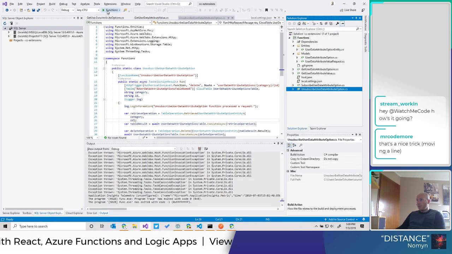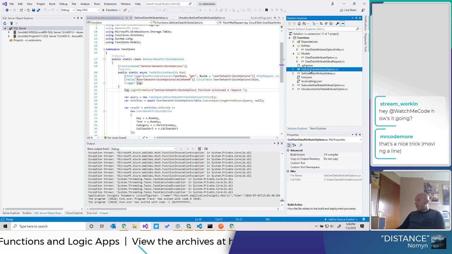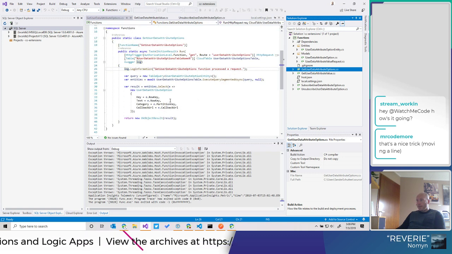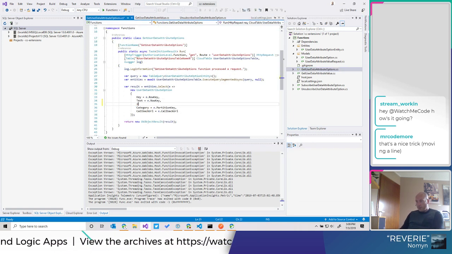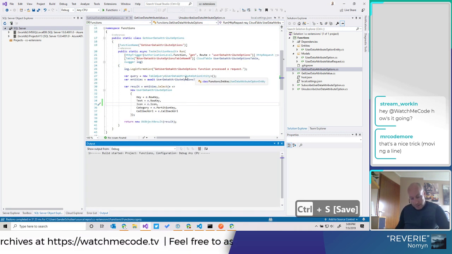That makes sense if you're not running it. We'll do this in a second. First, when we get the options, we do not just want to return this, we want to also return the icon. So now it will also return the icon.